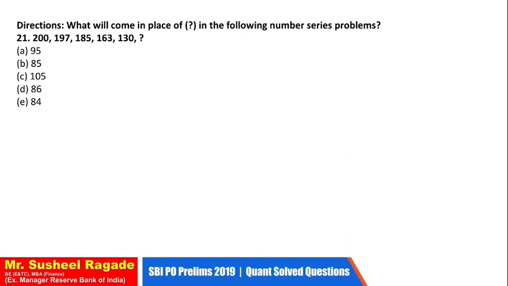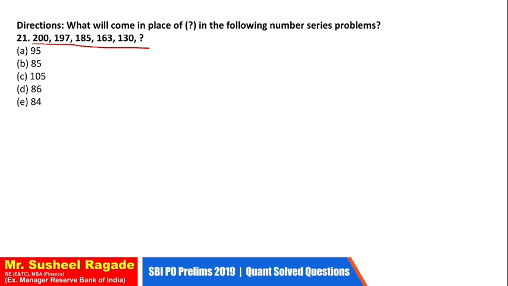This is part 3, that is part C, in which we will see the next 10 questions of SBI PO Prelims 2019. So this is a series question, and this type of series is very easy, in which we have to find the last number. Otherwise the most difficult is to find the wrong number, and sometimes fill in the blanks in between numbers is also difficult, but this is the easiest one.